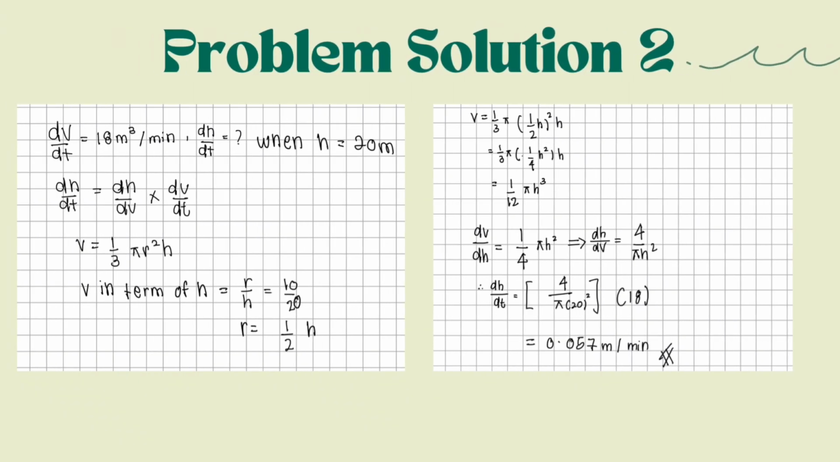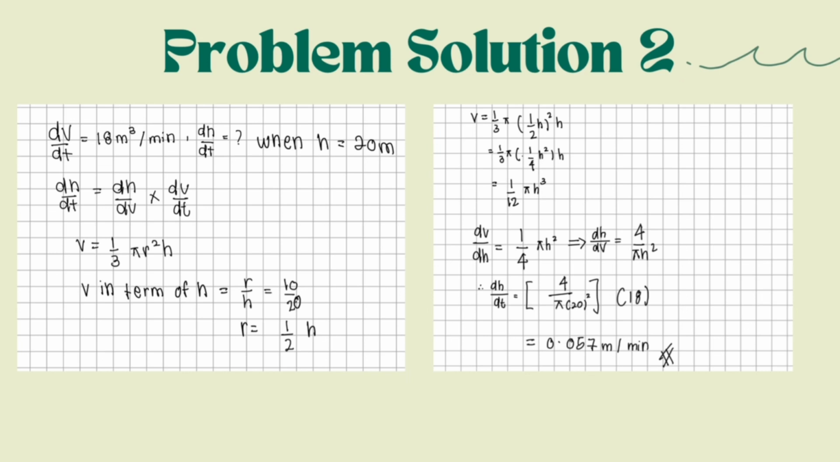Next is the solution. First, we need to take out the information given in the question. The question requires us to state the rate of water increasing when the water is 20 meters deep. The first step that we need to do is to write out the chain rule. After that, we need to use the cone formula in order to get the R value. So, by changing the formula so that V is in terms of H, we can get the R value,